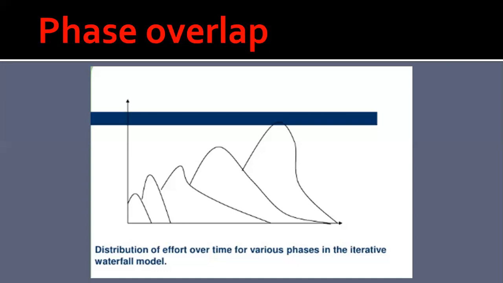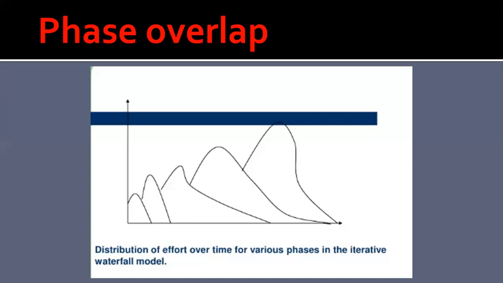So if we consider such rework after a phase is complete, then we can say that these activities pertain to a phase and they do not end at the completion of the phase, but they overlap with other phases, like what we can see in this particular figure. Here, an important reason for the phase overlap is that usually the work required to be carried out in that particular phase is divided among different team members.